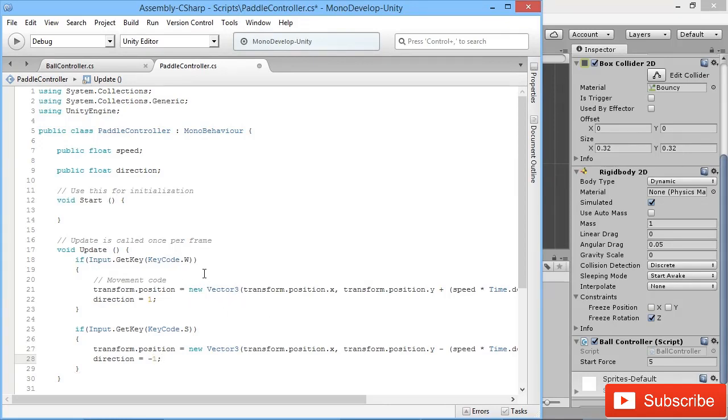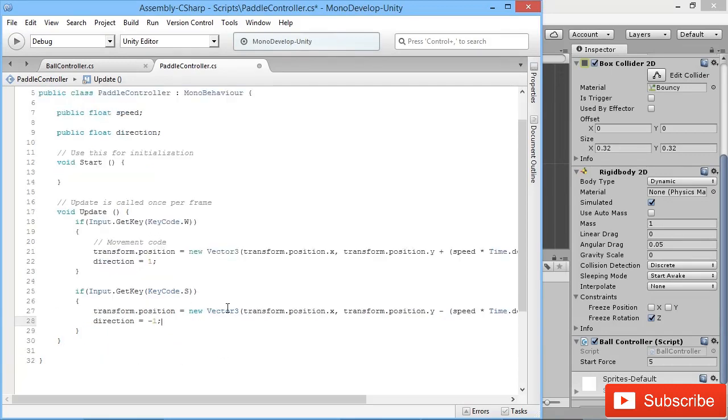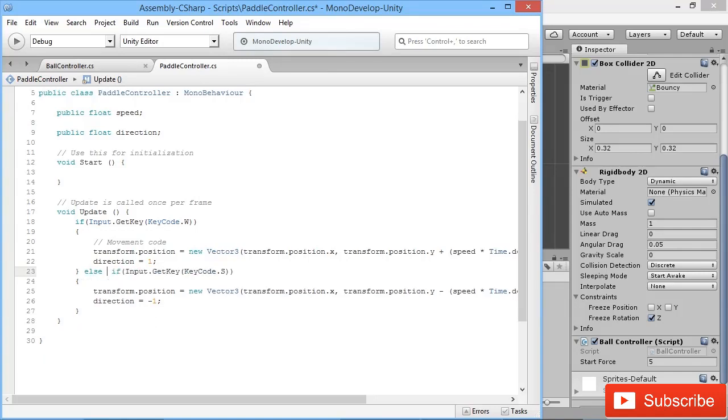And then we want our direction to be 0 when no buttons are being pressed. But how can we tell if neither of those 2 buttons are being pressed? Well, basically we can reorganize our little if statements here to allow us to make a third condition. So after we're checking for the input of W, so if our W key is being pressed, then we're checking for if our S key is being pressed. So what we can do is combine those and say if W key is pressed, do that little bit of code, else, we say else like that means we're going to do something else, and we're going to say,